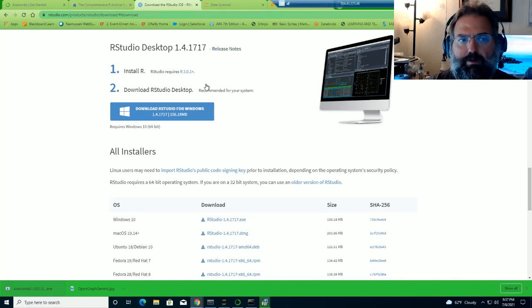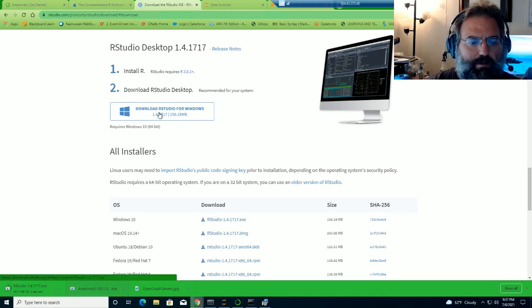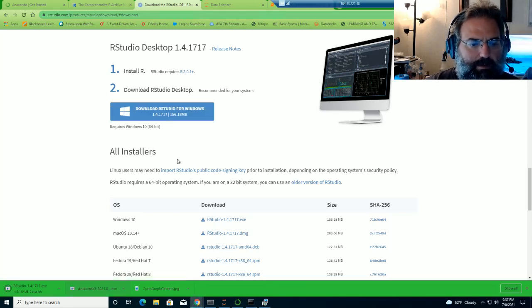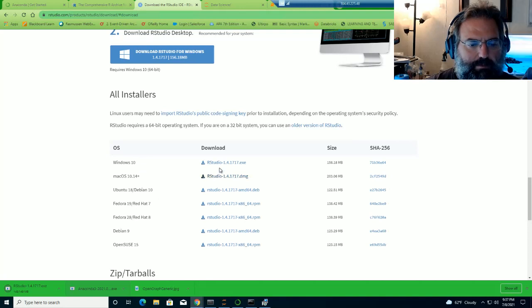And if you're unlike me and actually read the screen, you would see that. I typically skip over things, so I went straight to here the first time through. You also have the choice down here of installing for the various operating systems you might be using that are not Windows. So switching back here,